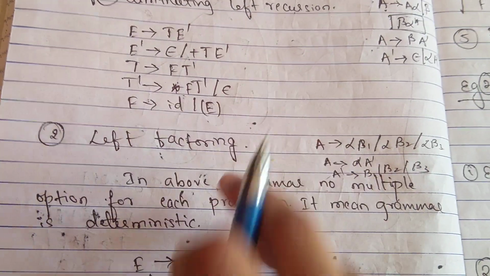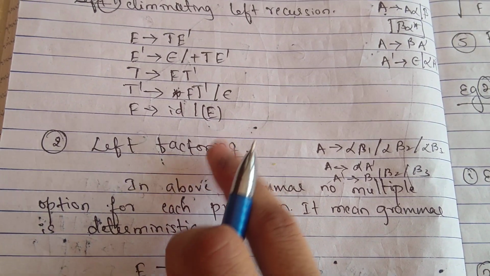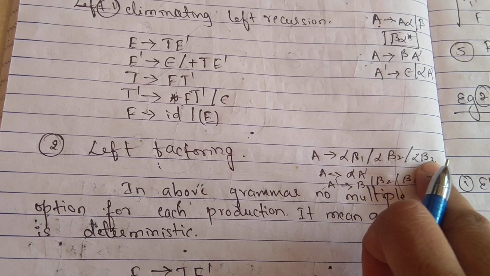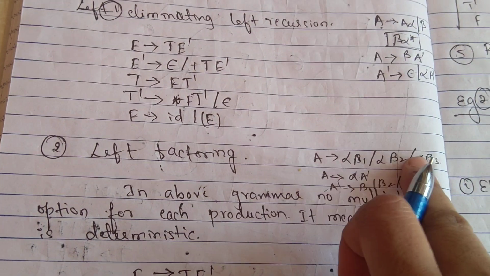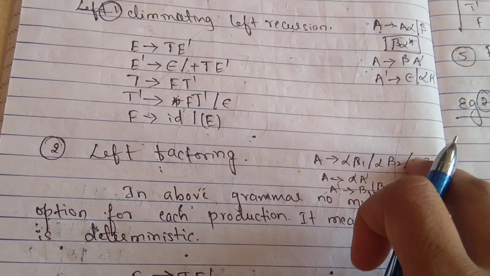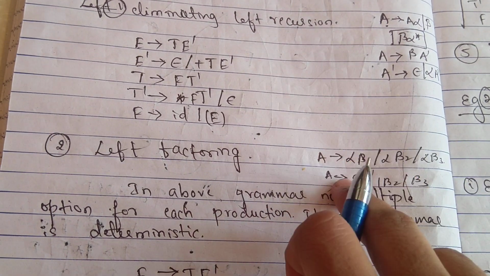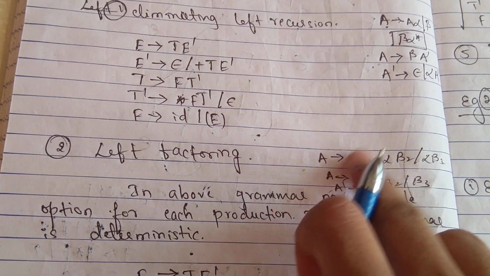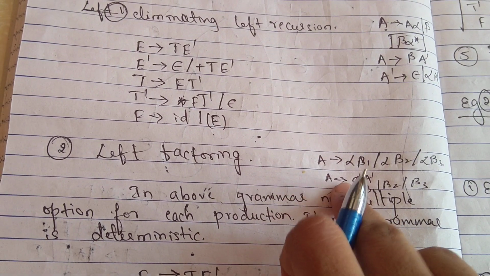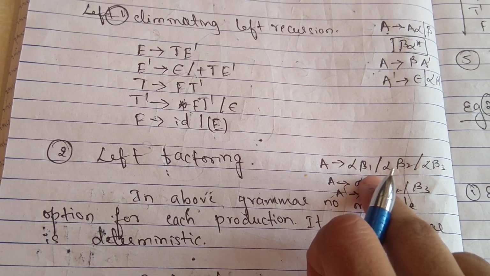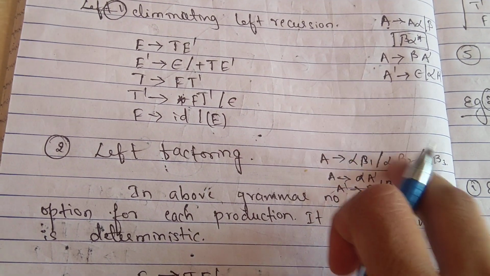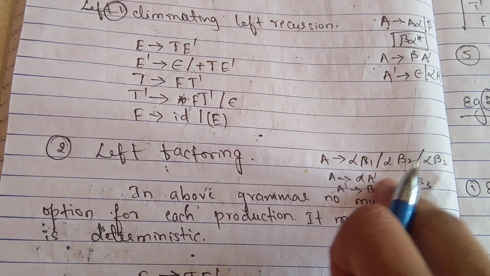Next, we need to understand left factoring. Left factoring is nothing but this: for a single production, if I have many options, it may lead to a confusion state, because we do not know which option to consider. It's also called non-deterministic. To avoid that, we consider A tends to alpha A dash, where A dash is beta 1 or beta 2 or beta 3. So this we understood correctly.